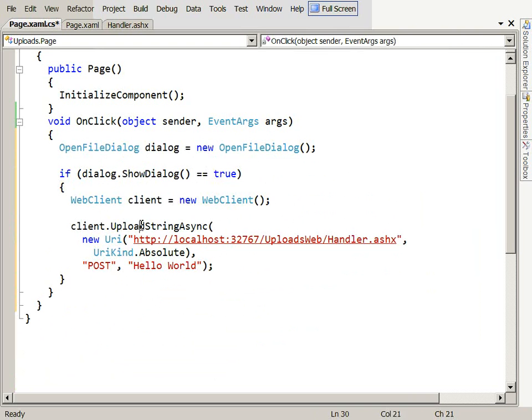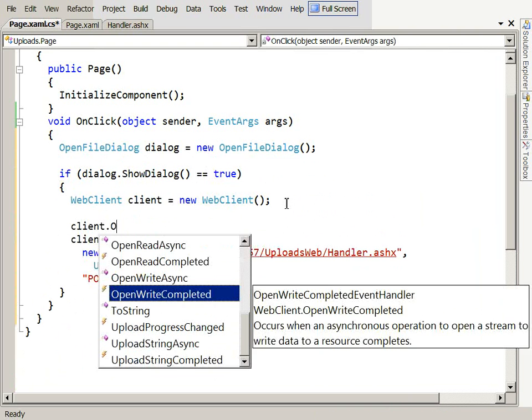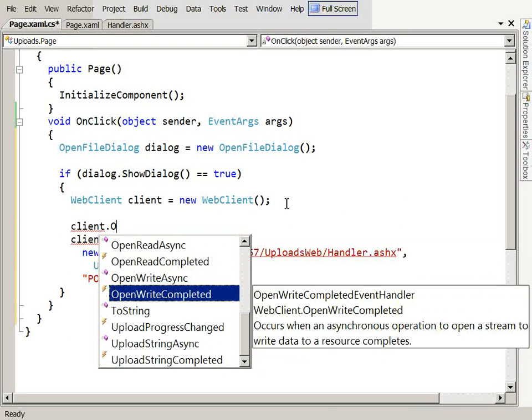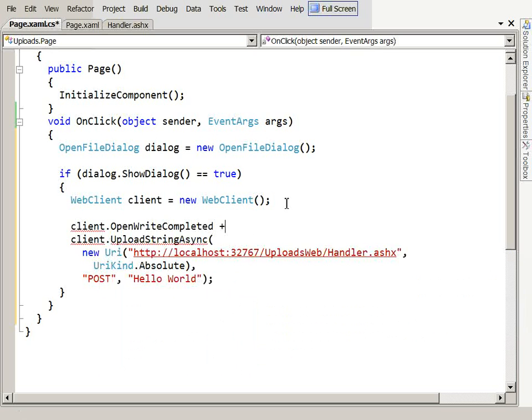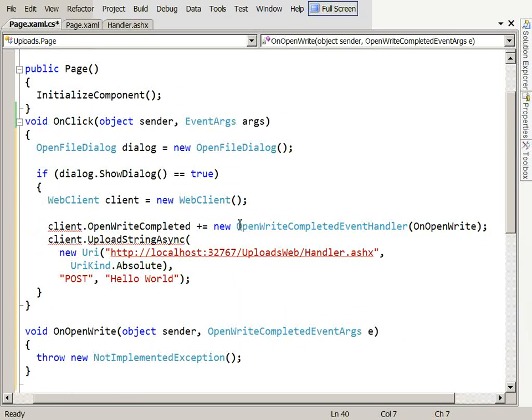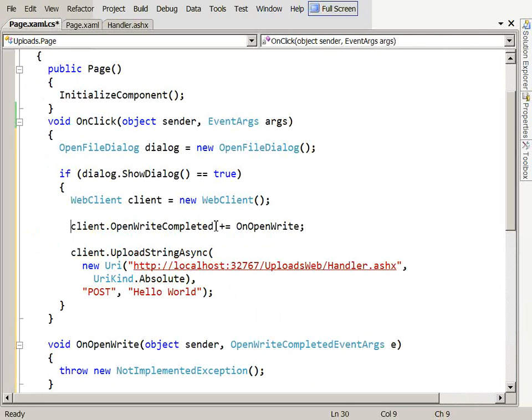So instead of using upload string now, what I'm going to do is do client.openWriteAsync. In order to use that, we need to handle the openWrite completed event. So let's handle that. Let's say on openWrite. Let's just shorten down that piece of code so you can see it a little bit better. And then what we're going to do is say